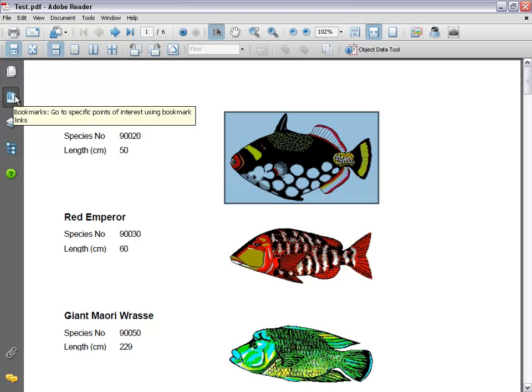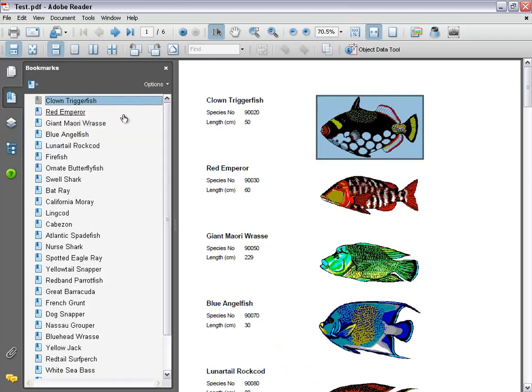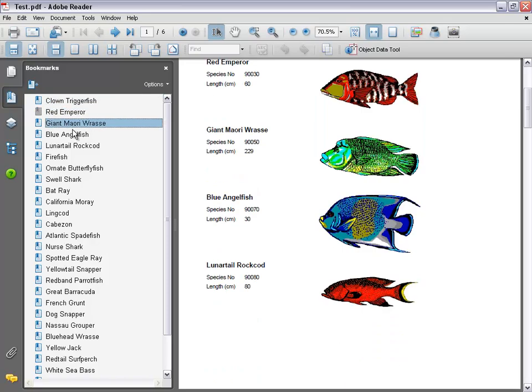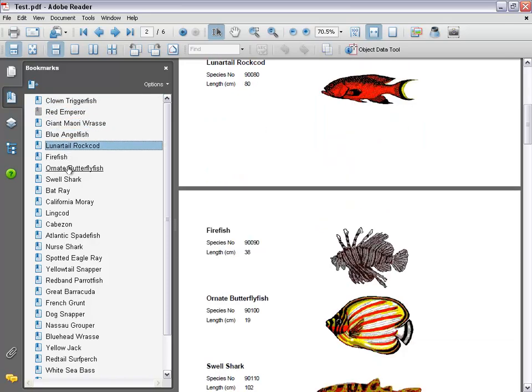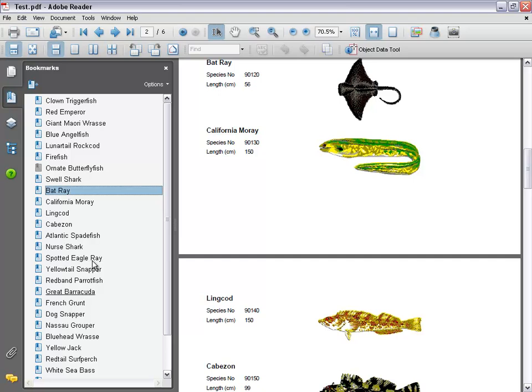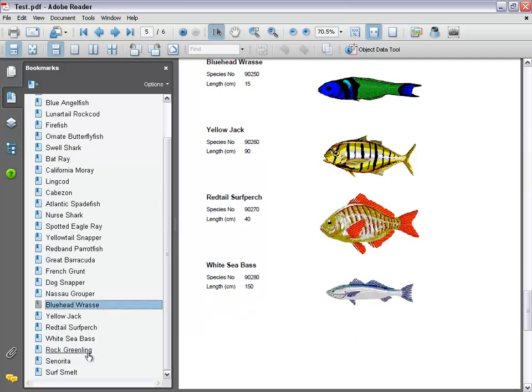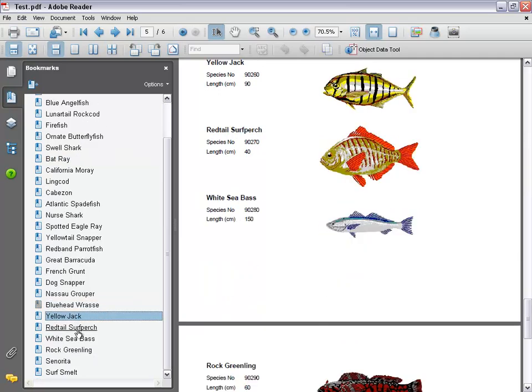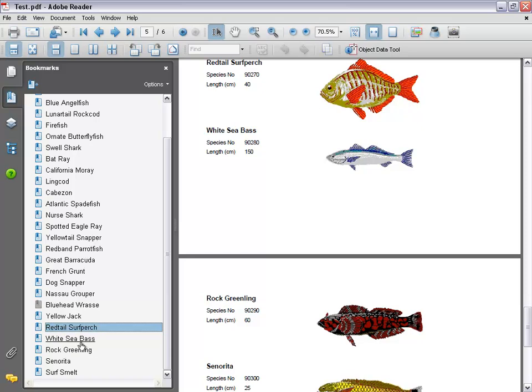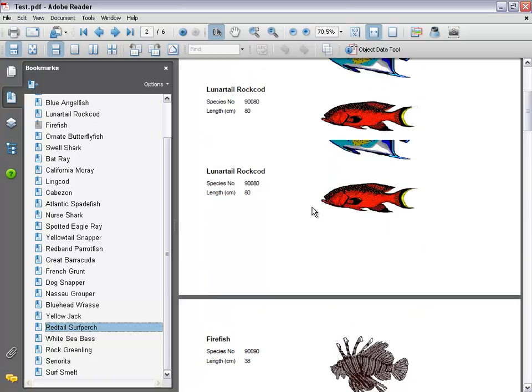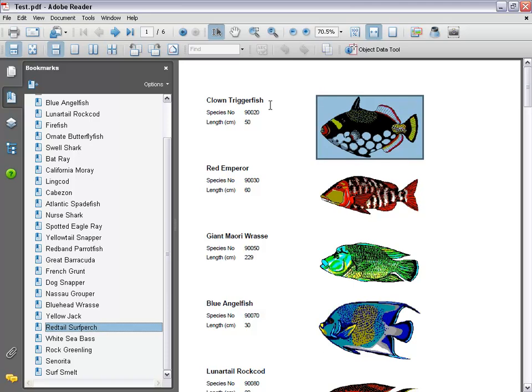And what's happening here is we have used some of the features of the PDF engine to generate the bookmarks for the records in this report, so that we can easily navigate to the specific record just by clicking on the bookmarks. And also we have added